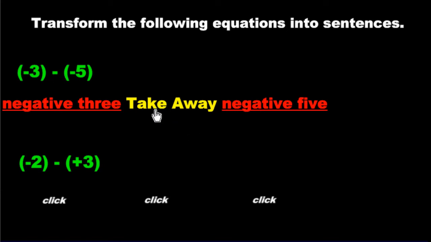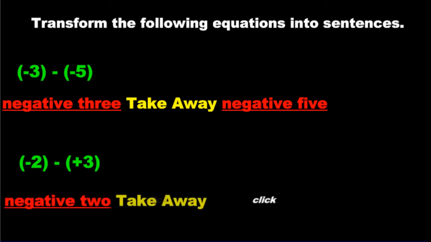I want you to get used to takeaway and add. Add for the last page, takeaway for this one. Here, Mr. Melm, is this -2? Yes, it is. This here, what is that? It's takeaway. Takeaway what? +3. Is it add 3, Mr.? Could I say add 3? No. Because the symbol's beside the number, you're going to say +3. My positive,